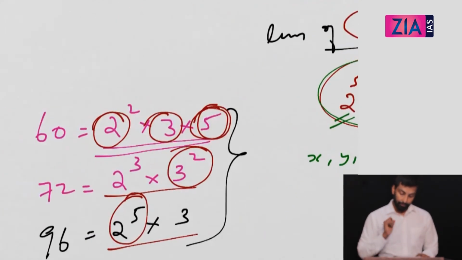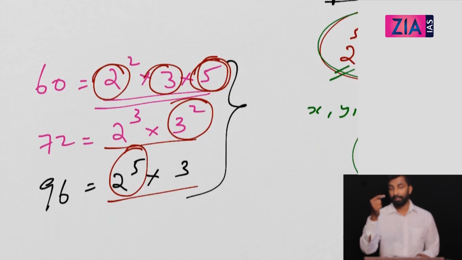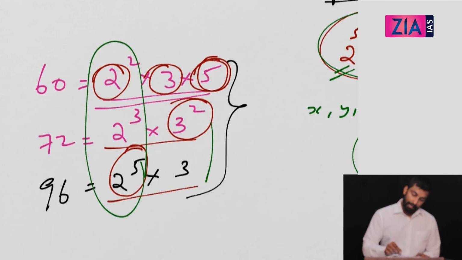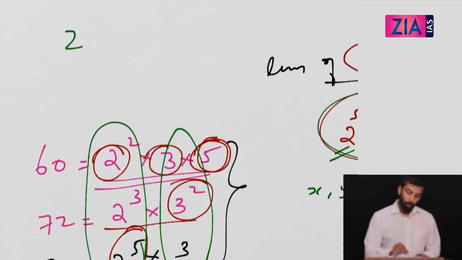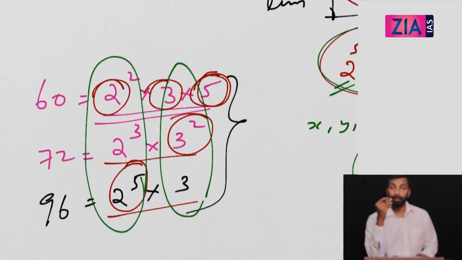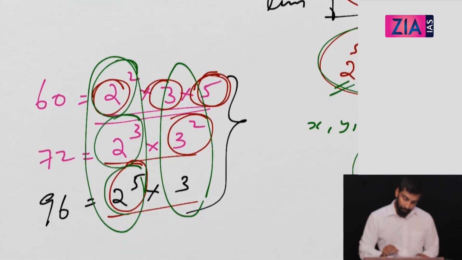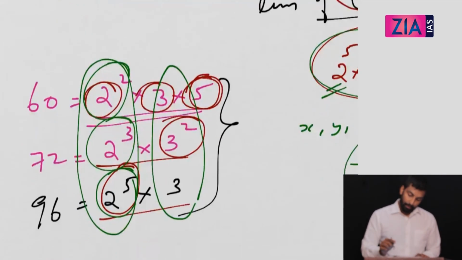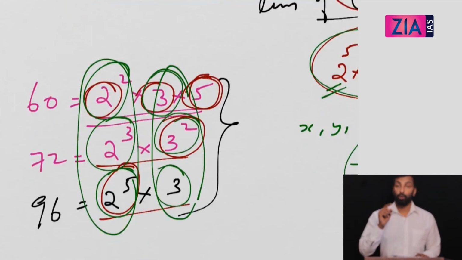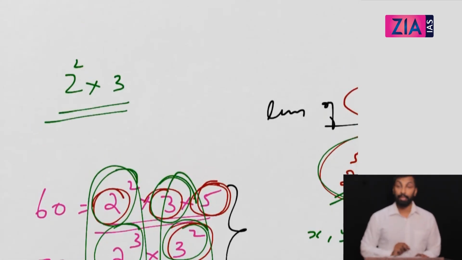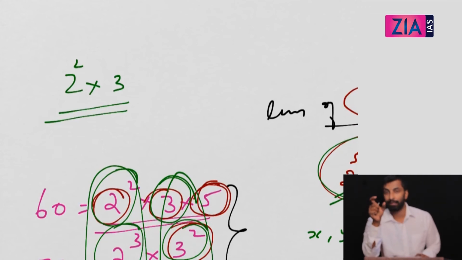Now, what is HCF? HCF is the highest common factor. So basically, you need to find the common factors here. 2 is there in all, 3 is there in all. So your HCF will contain 2 and 3. But how much 2 is there in all? Here you have 2 square, 2 cube, 2 raised to 5. 2 square is common in all. So I will take 2 square. For 3, we have 3, 3 square and 3. So how many 3s will I take? I will take only 1. 1 three is common in all. So this is your HCF. So in case of LCM, you will write all the prime factors with the highest power. In case of HCF, you will write only the common factors with the lowest power.